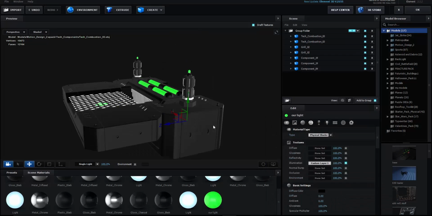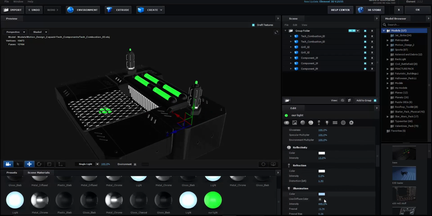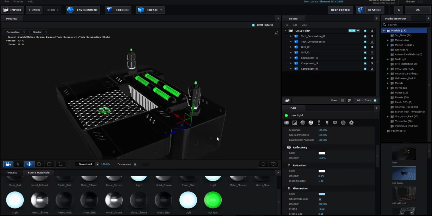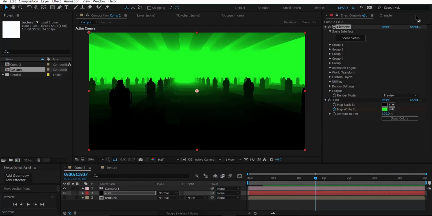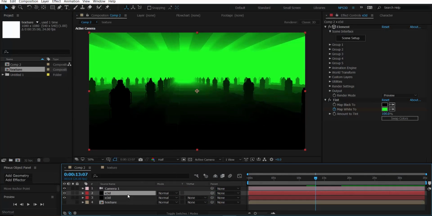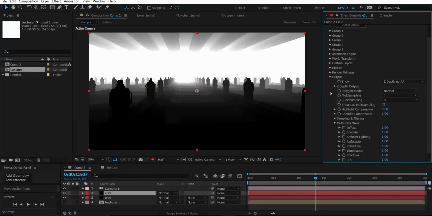So you can see all good, and we can also increase a little bit more, just down here. Fine, hit OK. Fine, Control S, and now let's duplicate this comp and here delete the tint effect, and in the